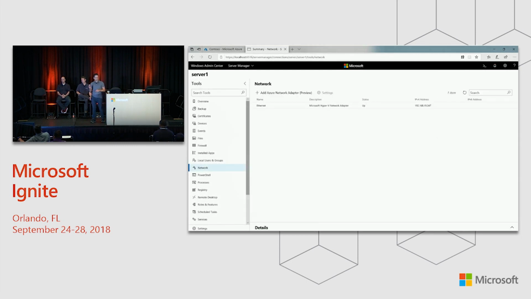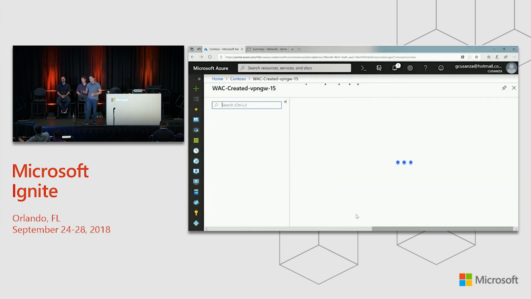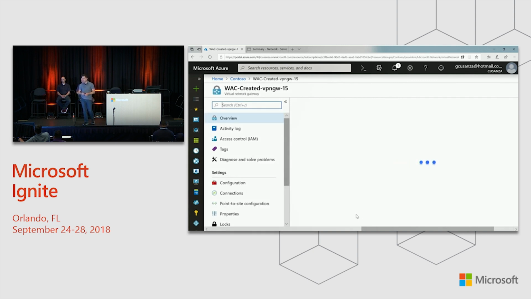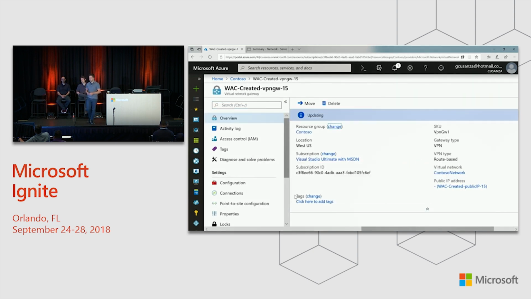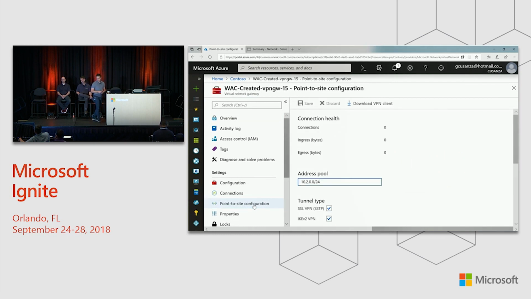So you hit OK, and actually that's it. It's going to go out and do, from this point on, everything else that you need to do. It takes about 35 minutes, so I've sped up some portions of this. But here you can see within Azure, it's already created the gateway. It's in the updating state. This is the part that takes 30 minutes for it to actually create that VM.